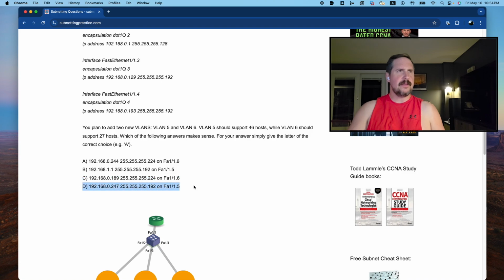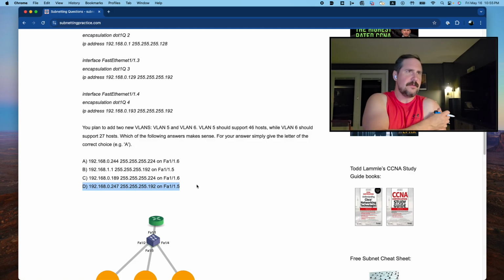All right, and then let's look at D. So D, we want VLAN 5 to support 46 hosts. So for a 192, it would support 64, it would support 62 hosts. And its range would be